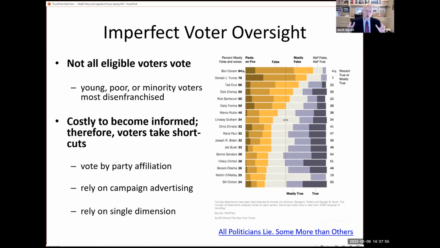And the ones who do vote aren't always very informed because it's costly to be informed. I have a job, and that job doesn't include monitoring my elected official for all the things that they do in their job, right? I'm worried about my job. I'm worried about my family. I'm worried about putting food on my table, advancing my own career. I only have a limited amount of time to devote to understanding what my elected official is doing.